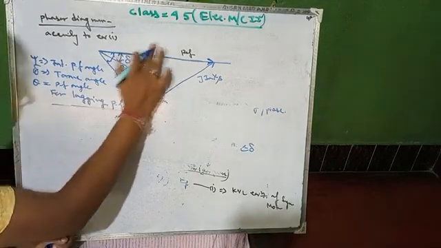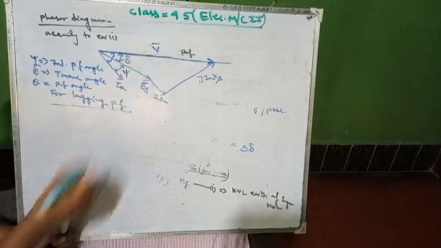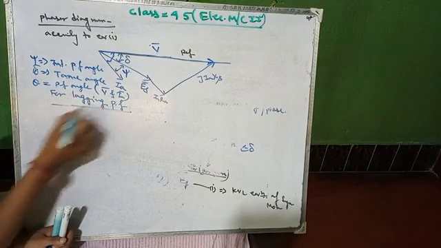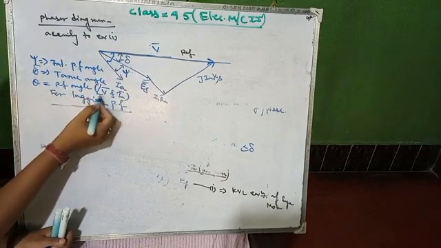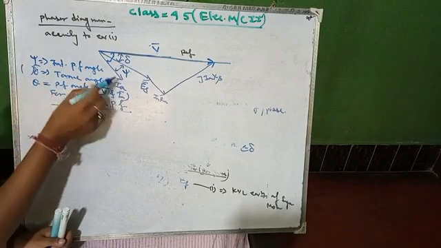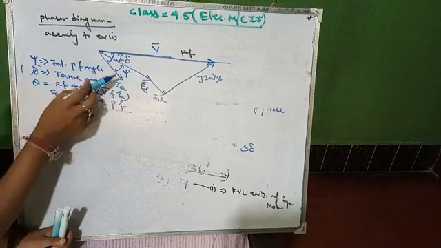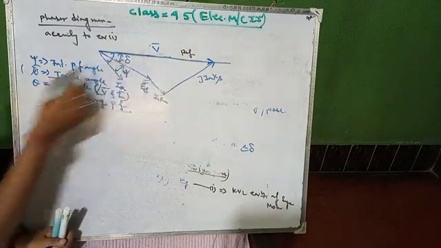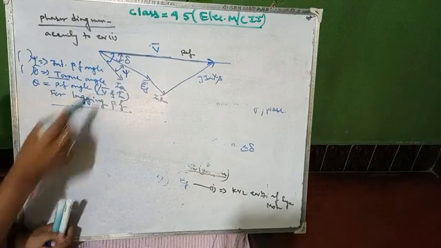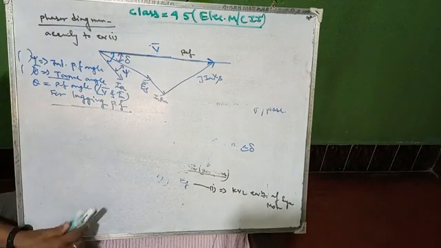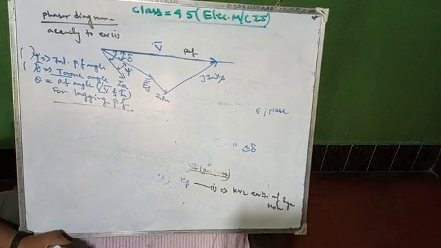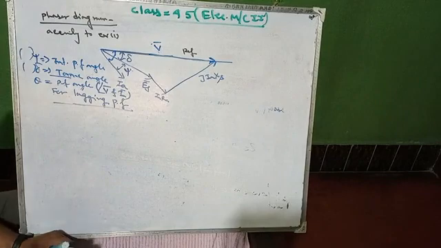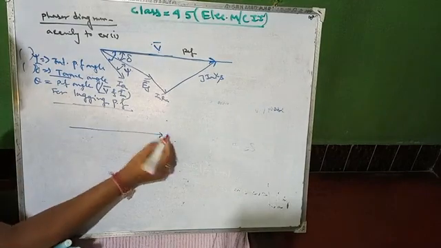Sorry, this will be V phase. So the power factor angle is the angle difference between V and IA. The torque angle is the angle between EF and V, and the internal power factor angle is between EF and IA. This is for lagging power factor. If we draw it for unity power factor, again you have to draw a reference line.